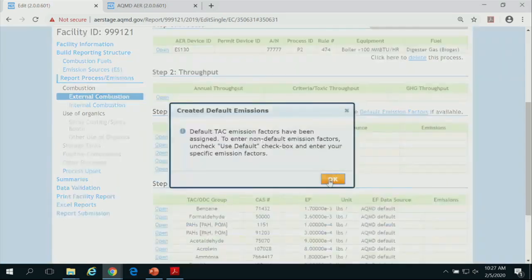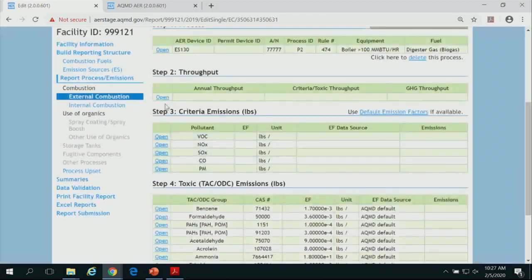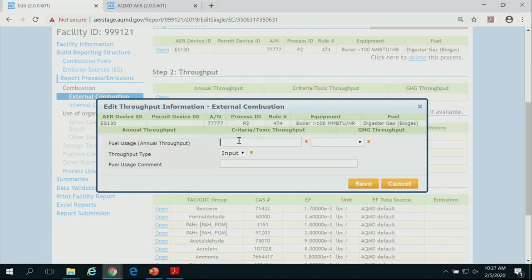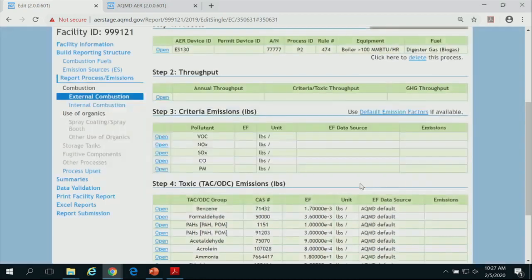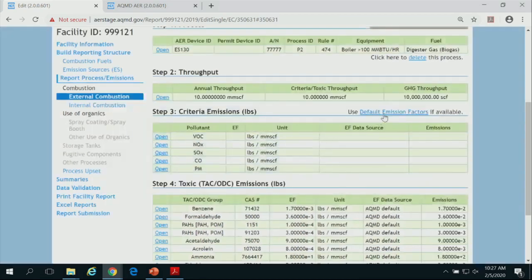The first one, TAC is populated. Yes, go ahead, populate TACs. Fuel combustion: let's say I just use 10 million SCAF of digester gas. And I'm going to just strictly use default emissions. Oh, what happened?